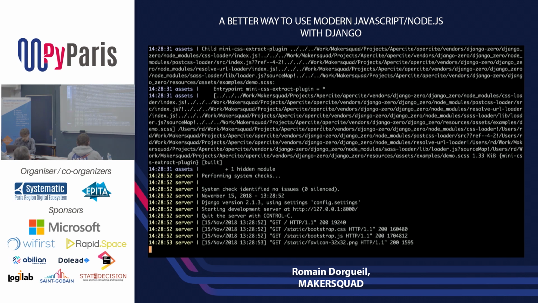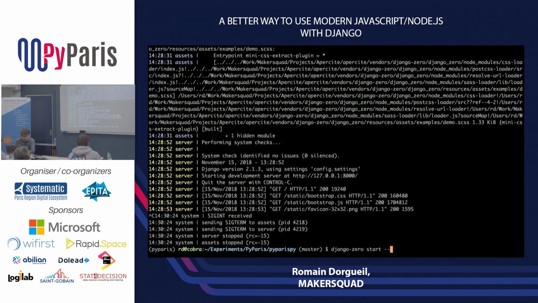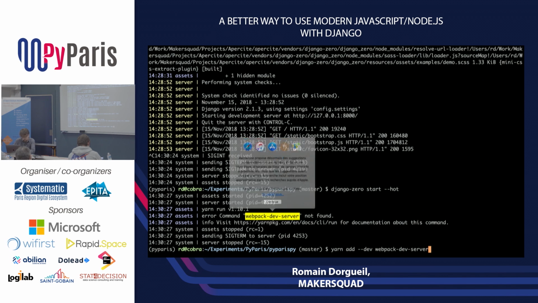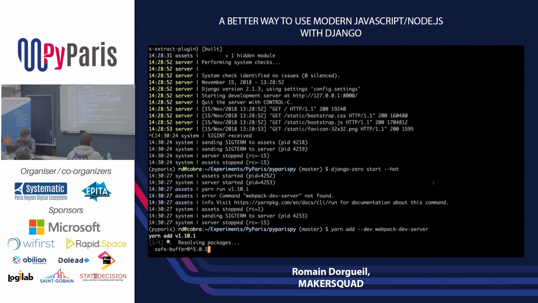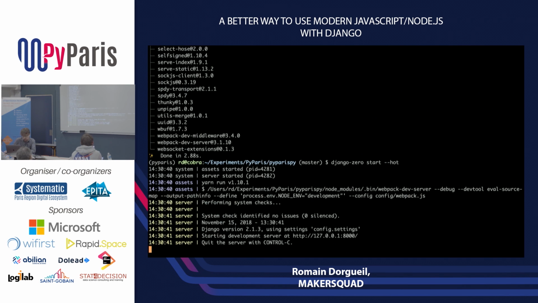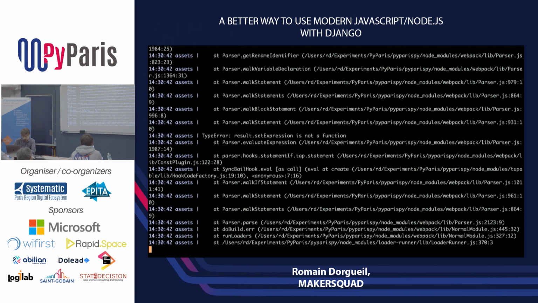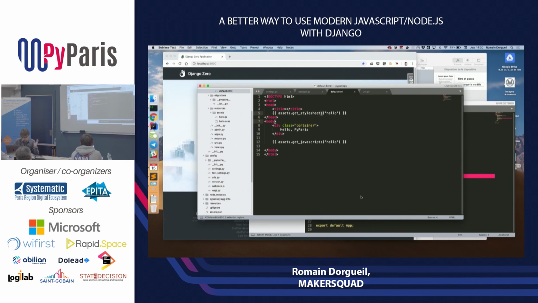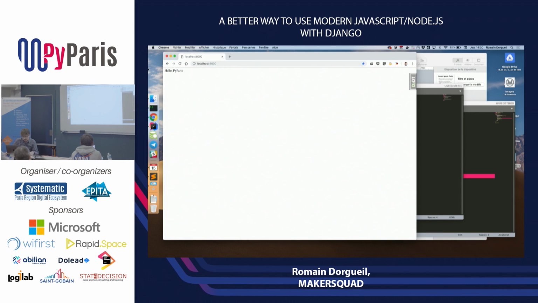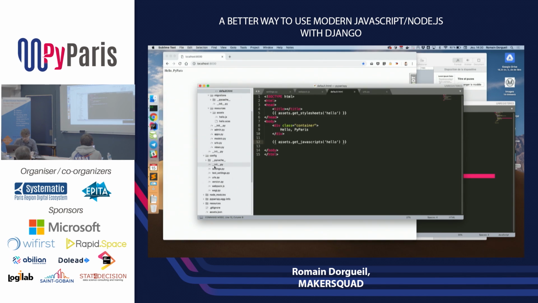Okay, and now I will run it again, but a bit differently. I will add some flag, which may be by default in the future. Oh, and for now I need to install manually this thing. No, I don't want to do whatever. And now I can run it a bit differently, and what will happen is, there's a bunch of errors, but don't worry about that. What happens is now, okay, I have hello PyParis, and I can basically go to this hello.js,